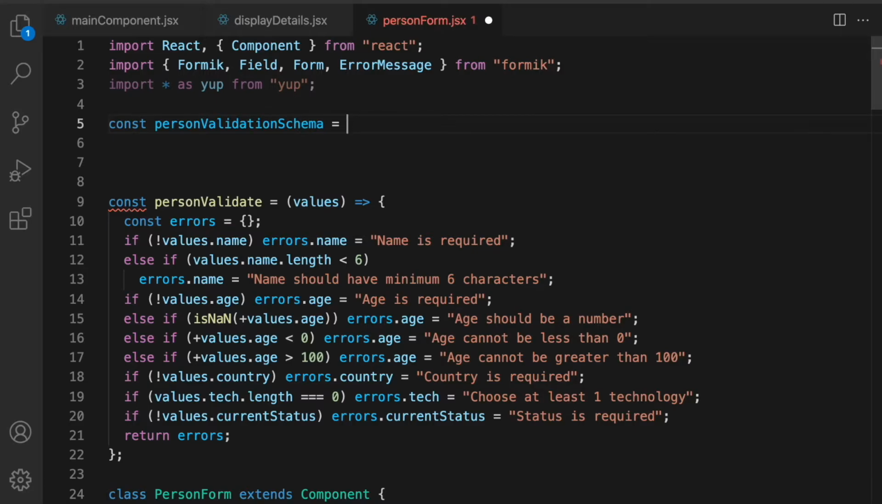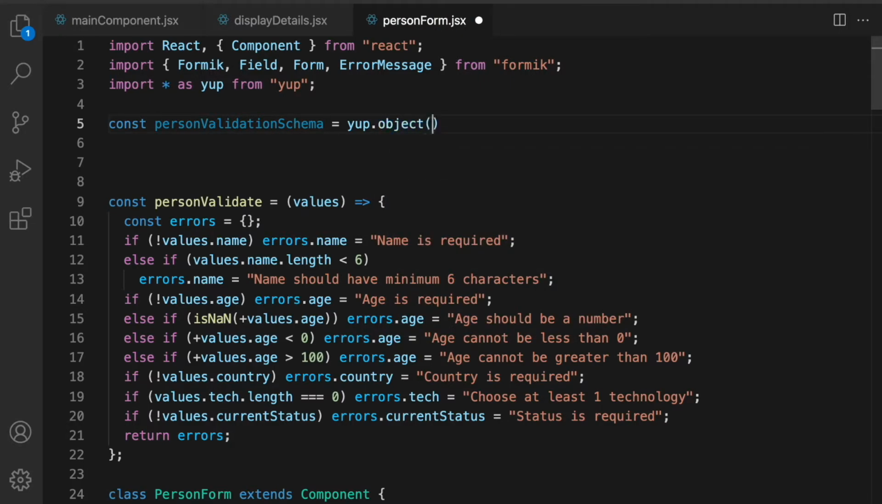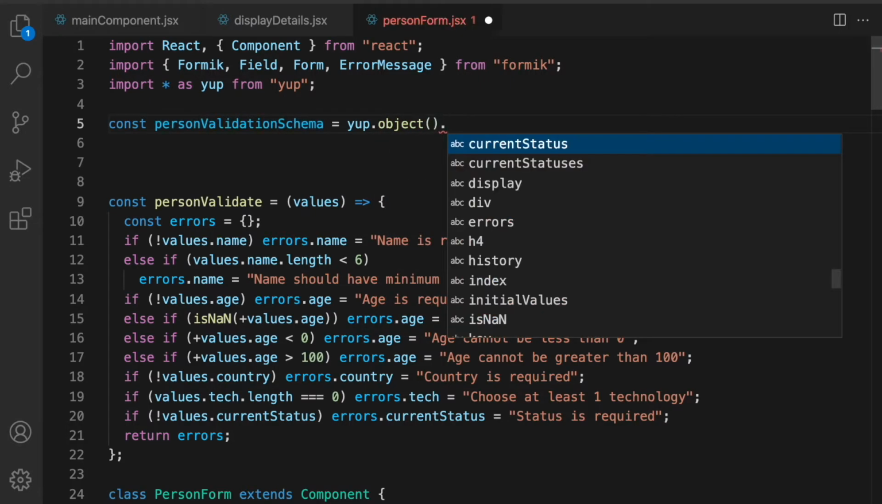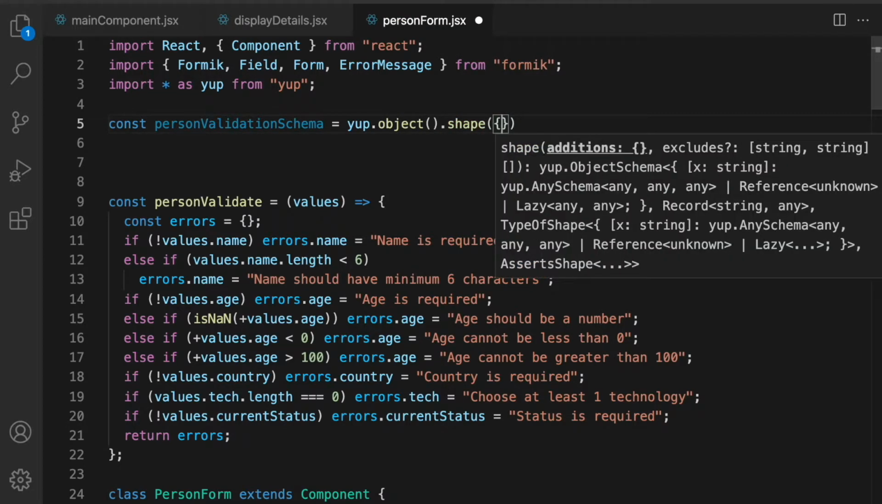So why is it schema versus validate here? Because with validate we explicitly created the errors. We defined each and everything in the errors. In the validation schema, we just define a schema and that will be used to validate and create the errors. So Yup.object().shape(), and within it let's